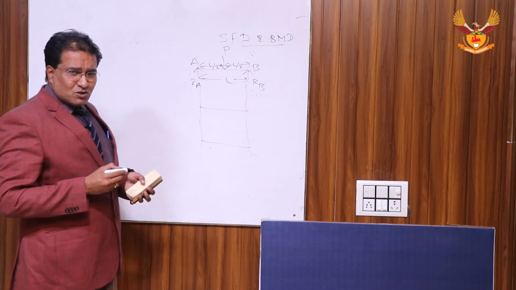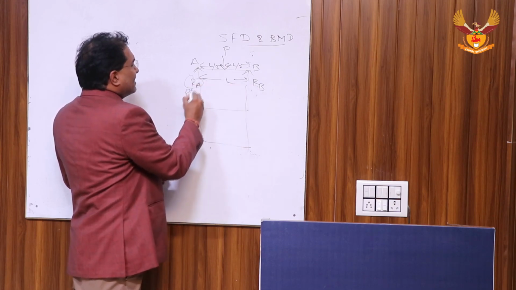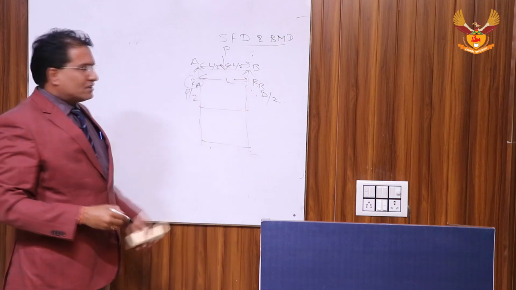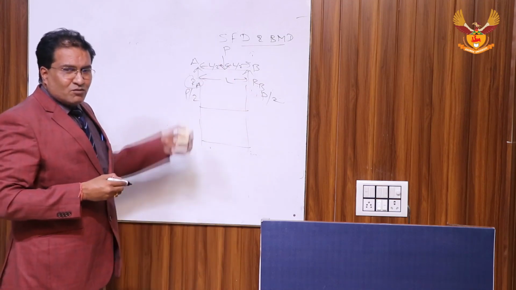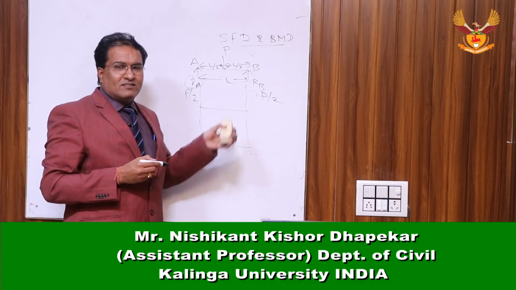summation of Fx equal to 0, Fy equal to 0, but we don't need that. RA, RB, we can directly say P by 2 will be the reactions, and by this section method we can plot the SFD BMD, we can provide reinforcement, and we can decide the dimensions of the beam to design this simply